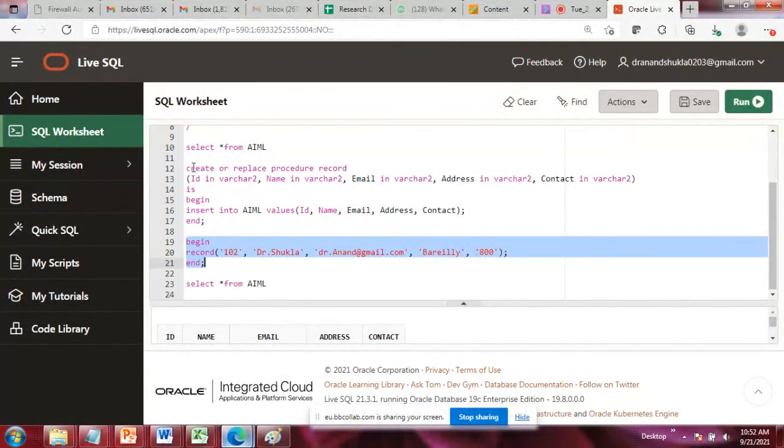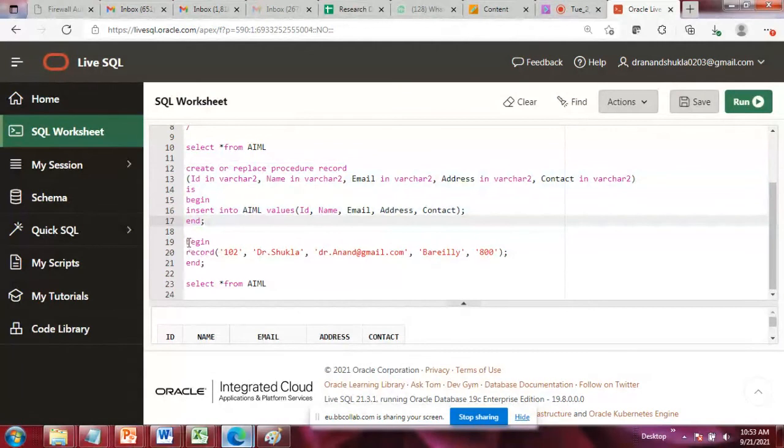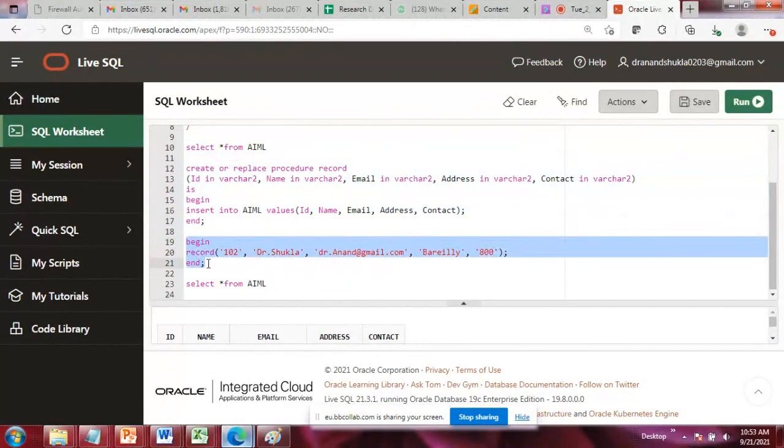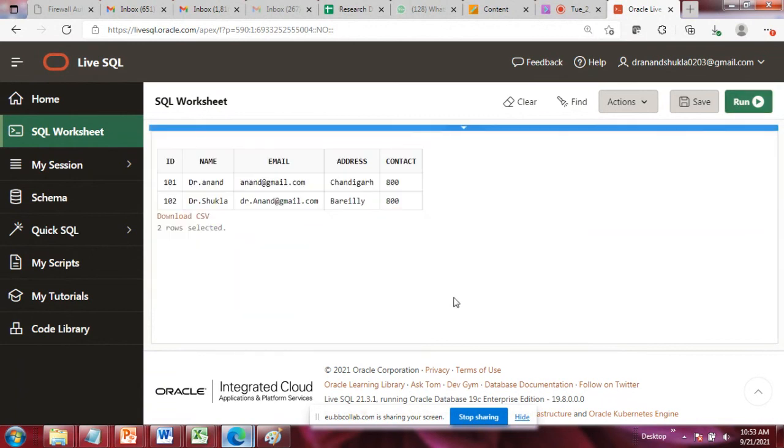The procedure has already been created, so no need to execute it again and again. Whenever you require, you just have to execute these three lines with different values. Click on this. A statement processed. Now write the select query to check whether the records are in the table or not. Execute and run, and you will see there are two records now.